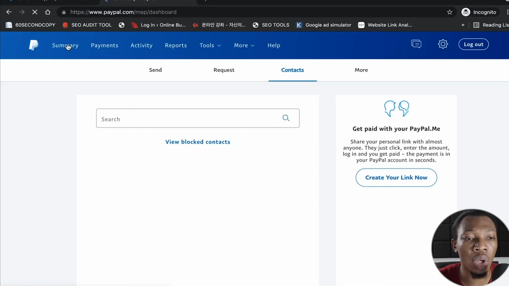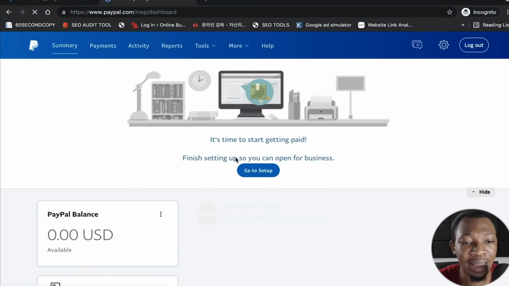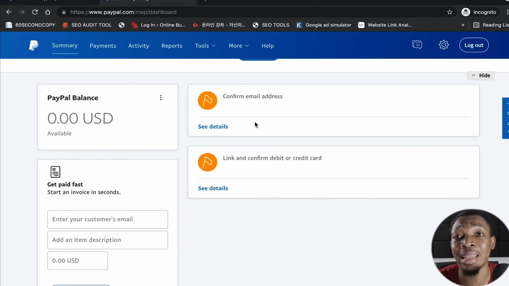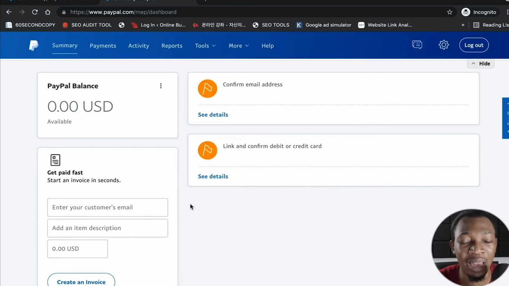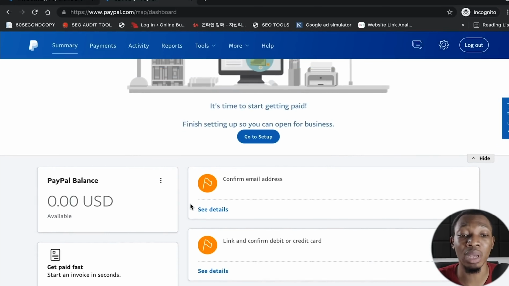So on this summary section, you can actually see that it says here, your PayPal balance is 0.00, and you need to confirm your email address, and at the same time link and confirm a debit or credit card, right? You can link or confirm a debit and credit card. Now, we are going to do all of this now to be able to help us to